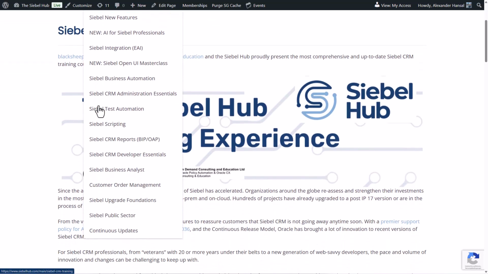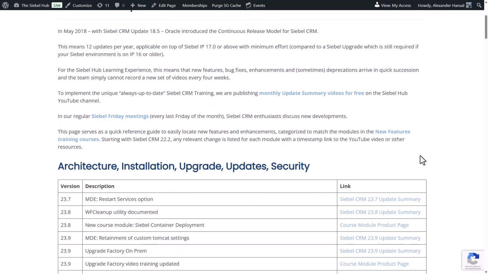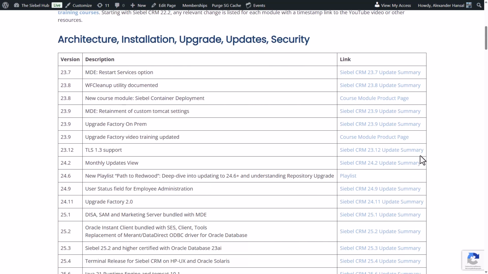Go to Siebel CRM training and go all the way down. You'll find the continuous updates page. So this page we created for everyone, including of course our students, where they can pick up the latest news in a very easy fashion. It's a bunch of tables literally, and it's topic related. So this is the architecture, etc. table, and you can see that